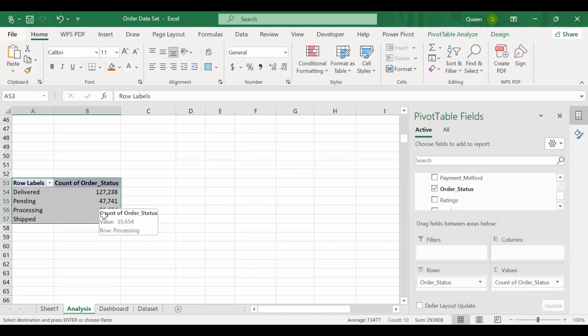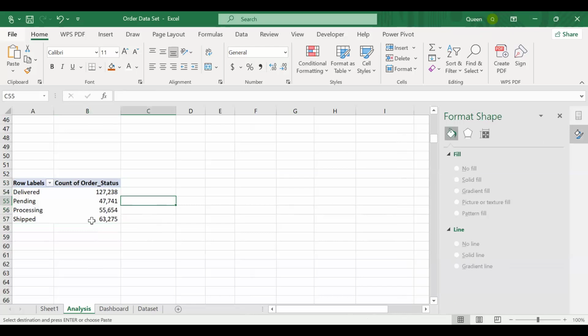This is pending. 55,655 processing. 63,275 are what? Shipped. So every question regarding the number that you are delivered, the number that you are pending,